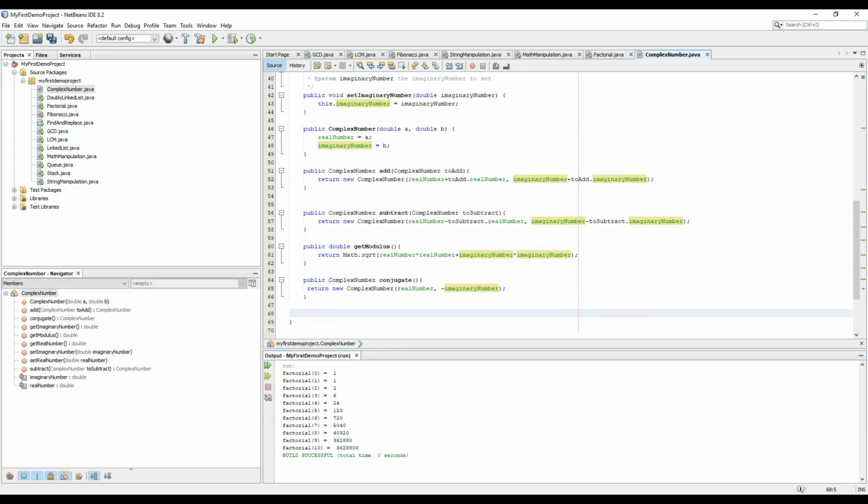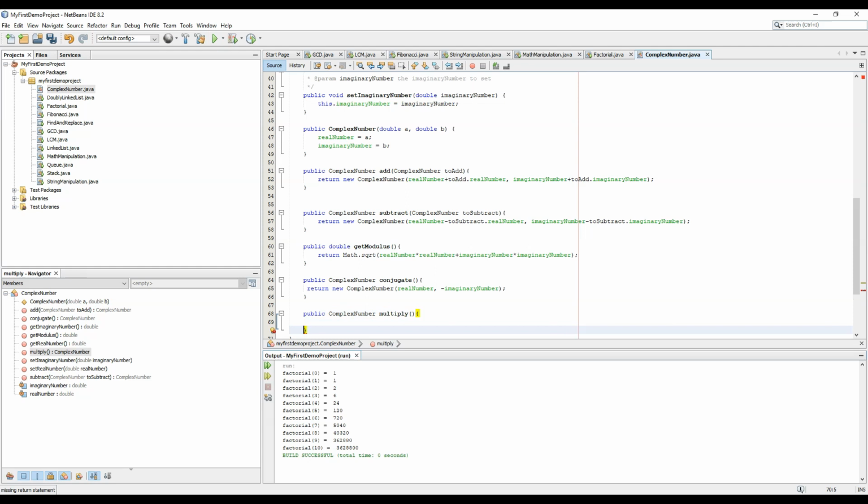So the formula to multiply and divide is being written here. So listen to it carefully and also look at the video carefully. ComplexNumber multiply, ComplexNumber toMultiply.